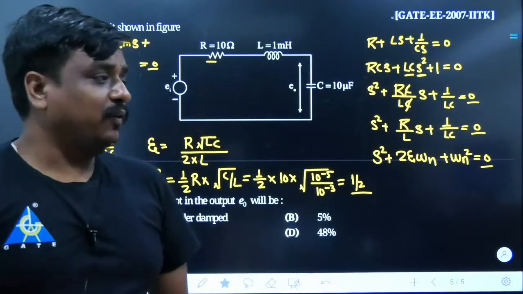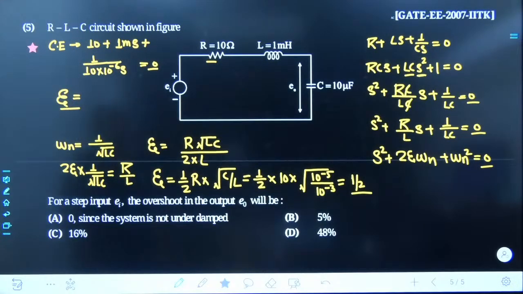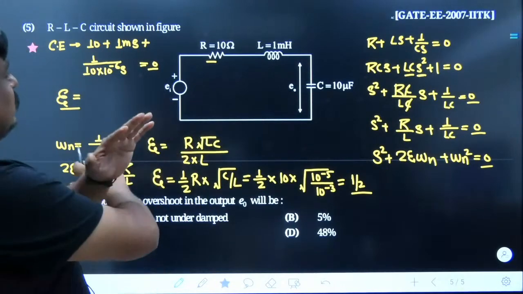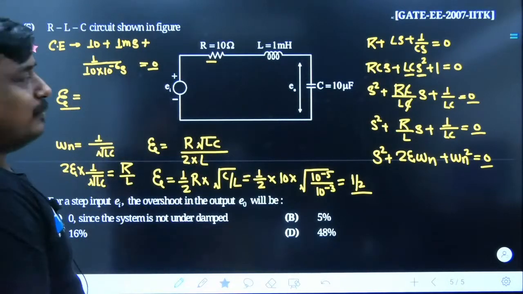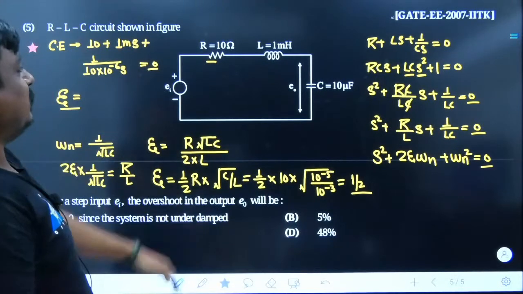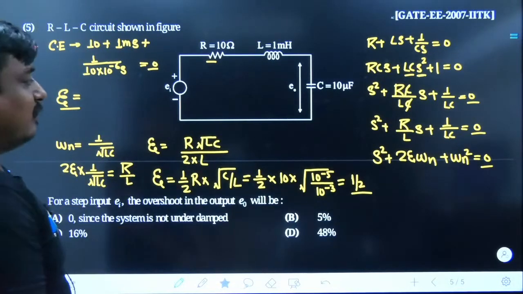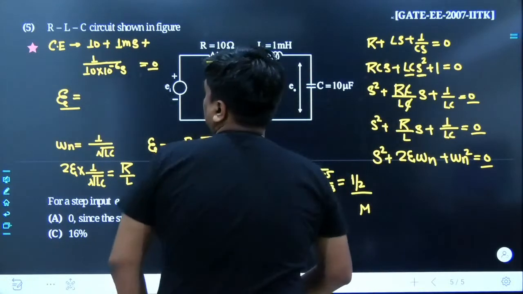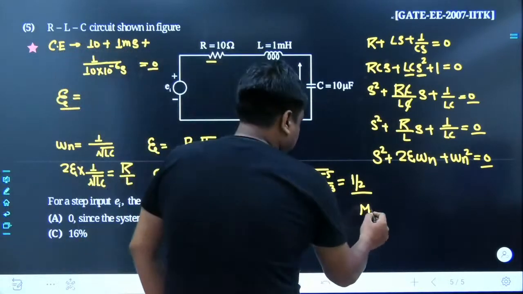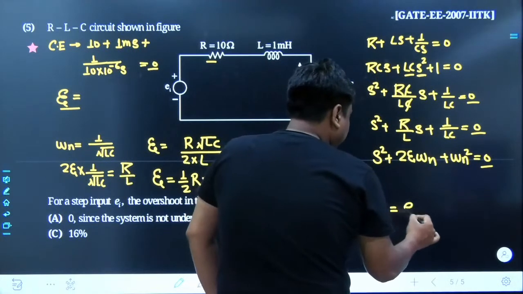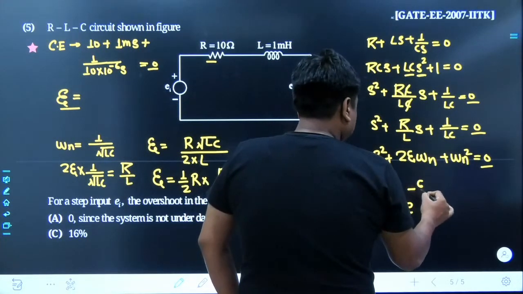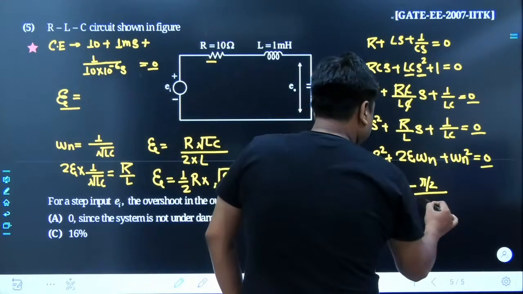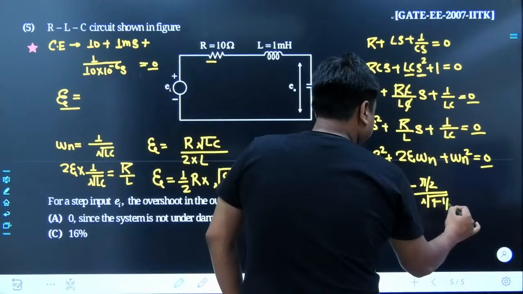What I am saying, the value of zeta which we are going to get is simply going to be half. Such a well designed problem it was. Although such vague numbers of L, C and R had been given, once you do it in a systematic manner, you get the value of zeta as half. And now it is the right time to calculate Mp percentage, that used to be e to the power of minus zeta pi divided by root over of 1 minus zeta square.